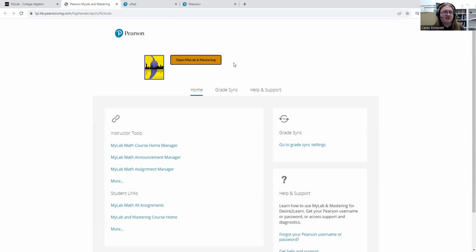Once you're at Red Shelf, you'll type in the code, and it will give you the access code to Pearson. Once you have the Pearson access code, you just come back to this link, and there will be a space to type in the code. So if you buy it from the bookstore, there's just an intermediate step that you have to complete. You have to go to the Red Shelf website to get the Pearson access code. Once you've done that, once you've bought access either online or through the bookstore,